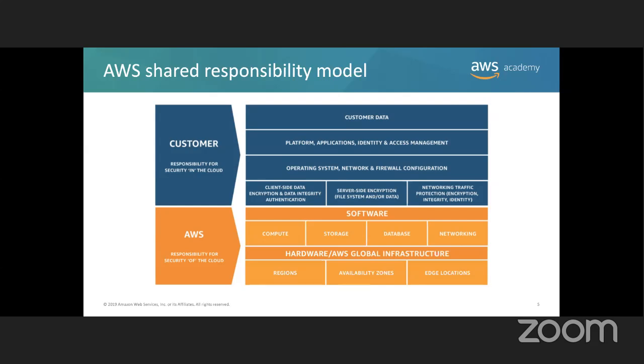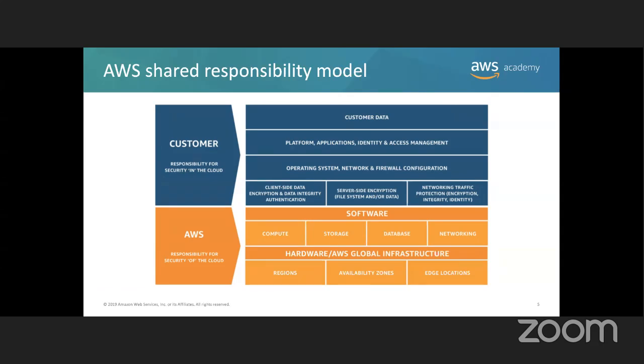It's like an umbrella, and you are inside the umbrella. AWS protects everything that comes to the umbrella. Everything that tries to penetrate the umbrella, they protect that. Whatever is inside the umbrella is your responsibility. I don't know if you understand what I'm saying, guys. AWS protects the umbrella, you protect what is inside the umbrella, okay? That's how it works.